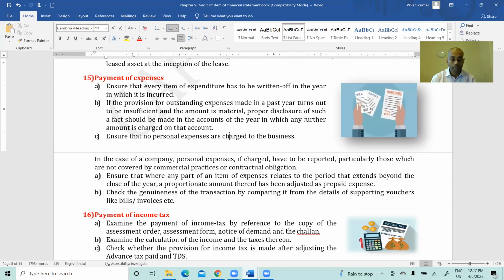If the provision for outstanding expenses made in a past year turns out to be insufficient and the amount is material, proper disclosure of such a fact should be made in the accounts of the year in which any further amount is charged on that account. Okay, they are speaking about disclosure. What disclosure? Previous year